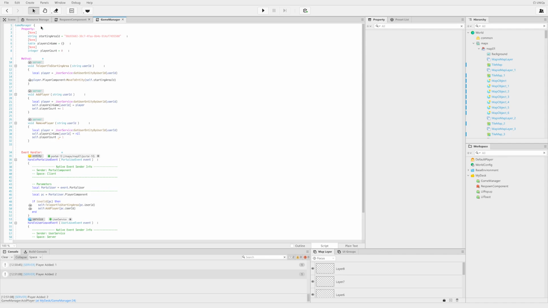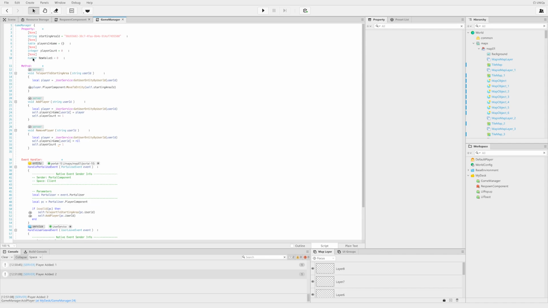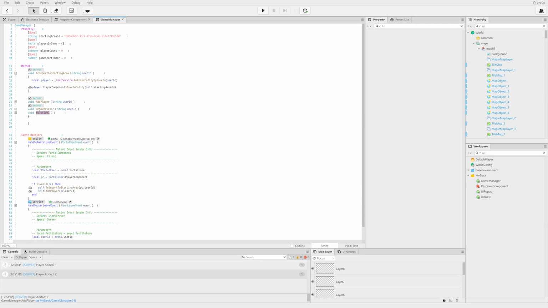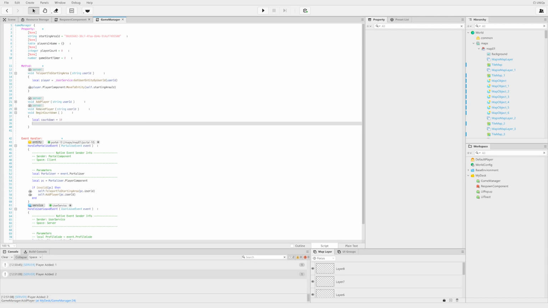So let's create a new variable. We will choose not to sync it. We'll keep it as a number and we will name this game start timer. And this will hold the timer when we run it so that we can start and stop it whenever we need to. Let's also create a new method. We will name this method begin countdown. And let's create a local variable of countdown,